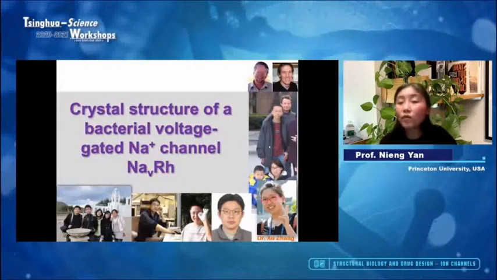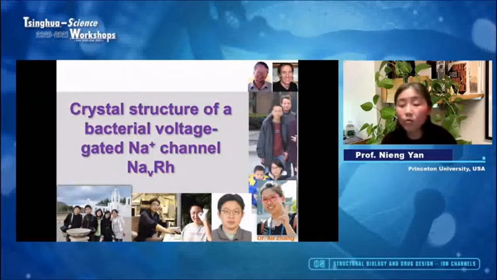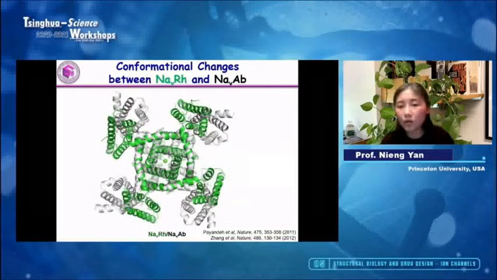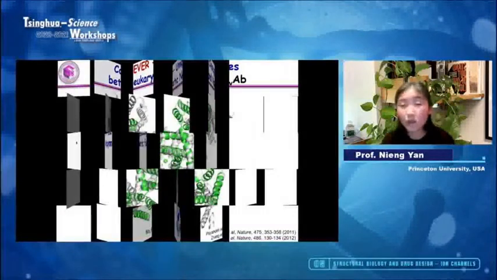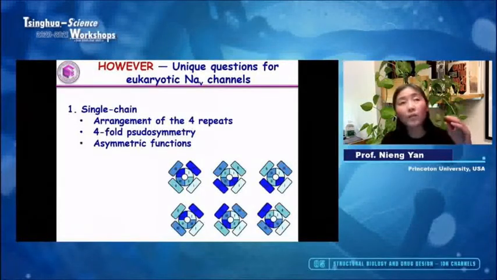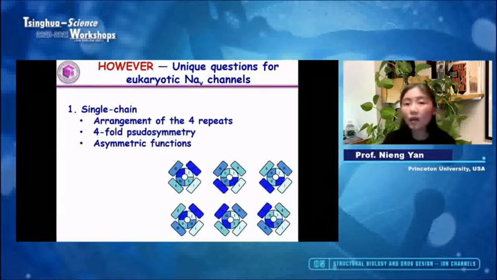But prior to the study of eukaryotic channels, there were several structures of bacterial sodium channels, but they are made of homotetramers. My lab also contributed. That's our first publication on the sodium channel. But I will not go into details. Just to cut the long story short, the knowledge derived from the bacterial sodium channels, which are homotetramers, or derived from potassium channels, which are also homotetramers, cannot explain several fundamental questions that are unique to eukaryotic sodium and potassium,